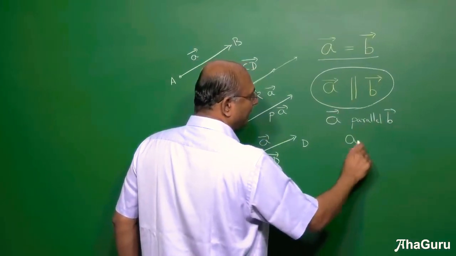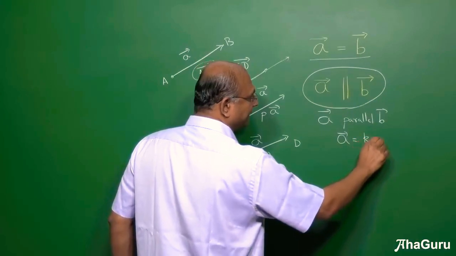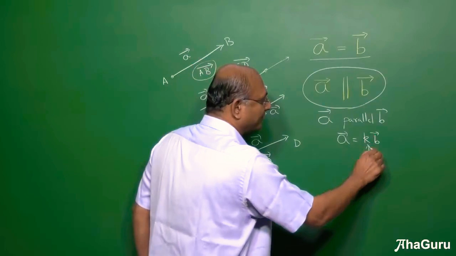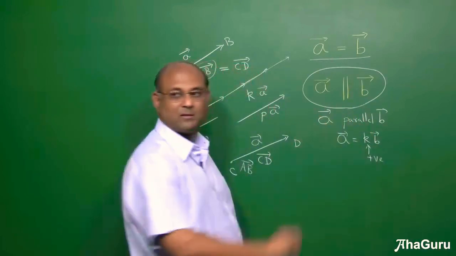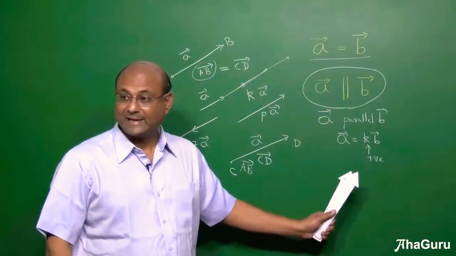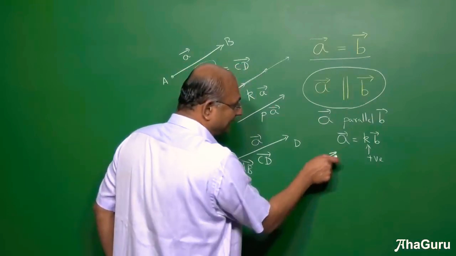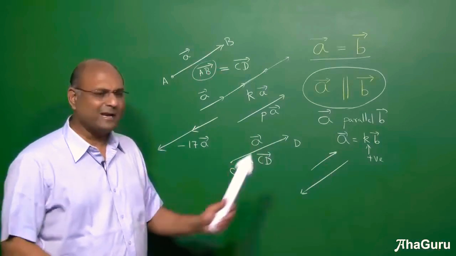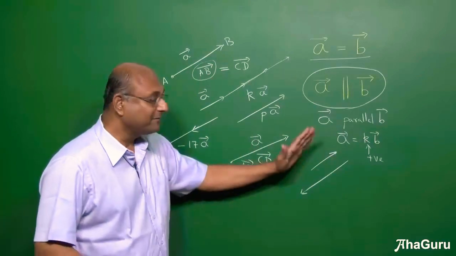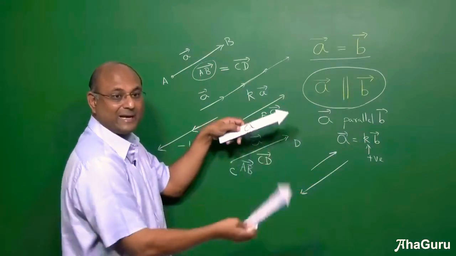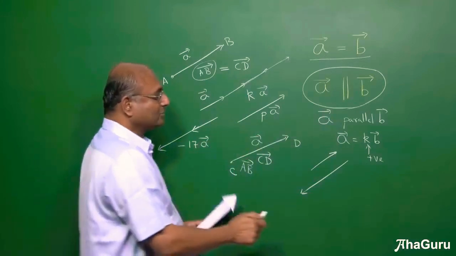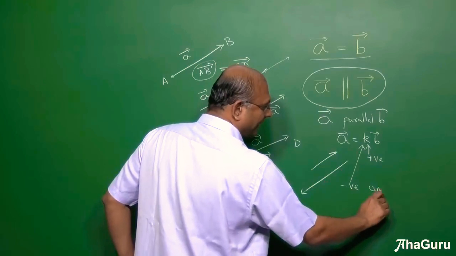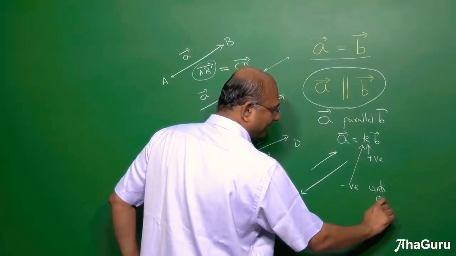So we say A is parallel to B if A vector is some k times B vector, or B vector is k times A vector, k positive. But if k is negative, then one vector is like this, the other vector is like that. We call these also parallel. Mathematically it's still parallel, but we call these anti-parallel because they are in the opposite direction. So if k is negative, then we call it anti-parallel.